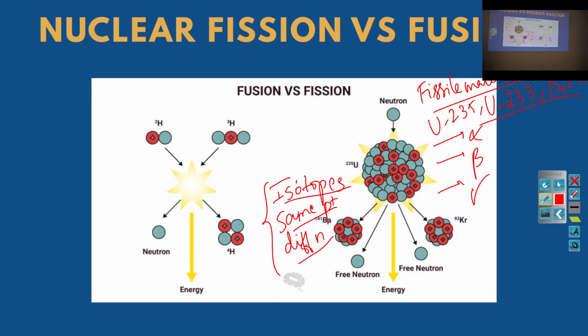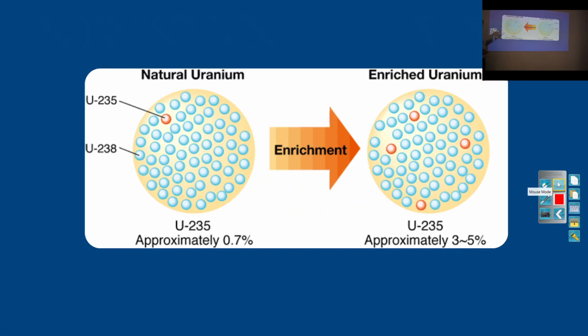But for us, the naturally occurring uranium, the natural uranium we find in abundance is uranium 238. Okay, uranium 238 is naturally occurring. But we cannot use it as a readily fissile material, because when it is hit by a neutron it will not undergo fission. Uranium 238 will not. So that is why we need uranium 235 to undergo the fission reaction.